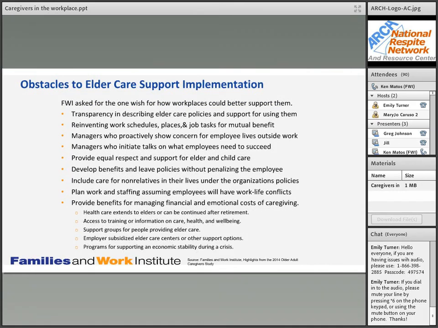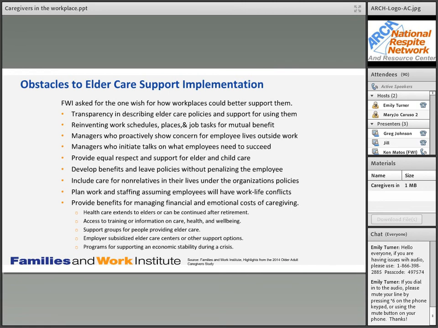We also asked the respondents to our survey to talk about what they thought was the one thing employers could do to make their elder care responsibilities more compatible with work. There's a variety of items listed on this slide, and I'm not going to go through all of them, but a lot of it really focuses on giving them permission to deal with the issue, either by being transparent and providing clear guidelines on how to request and use time without playing games with them,